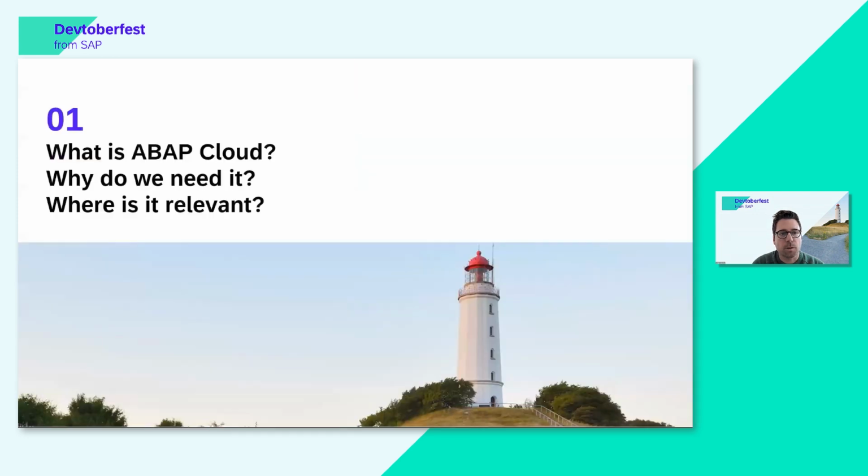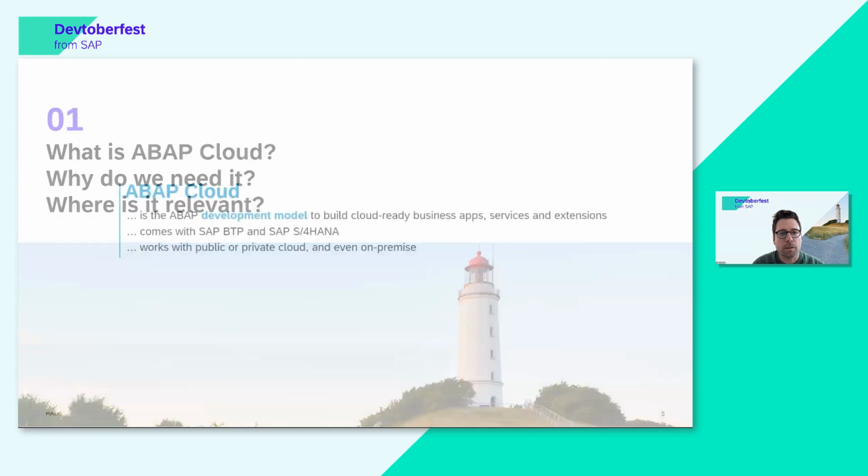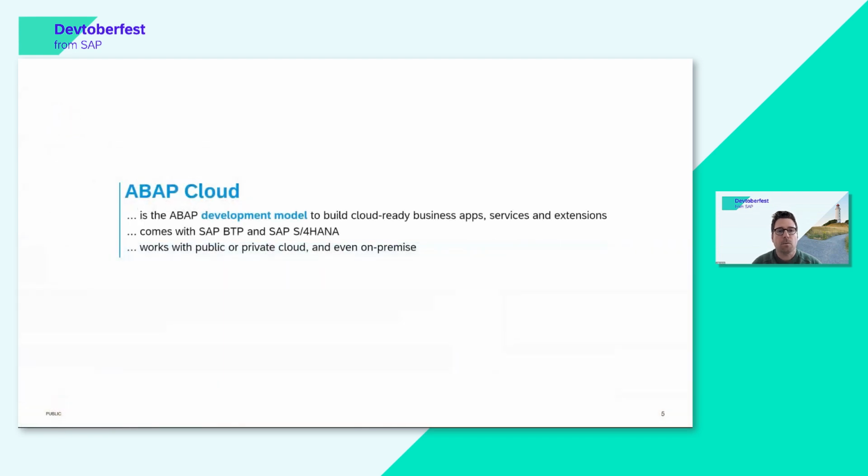So first of all, what is ABAP Cloud and why do we need it? ABAP Cloud is basically the ABAP development model to build cloud-ready business apps, services, and extensions. And it comes with different deployment options. It comes with Steampunk, the SAP BTP ABAP environment, and also with SAP S/4HANA, the public and private cloud, but